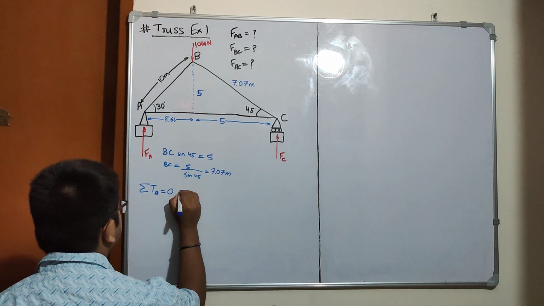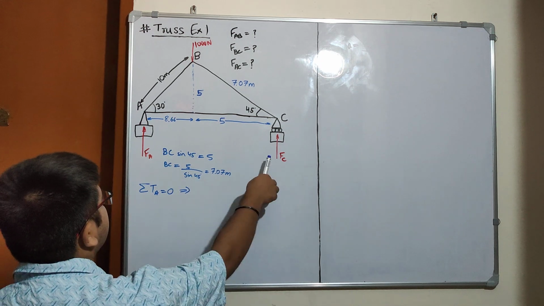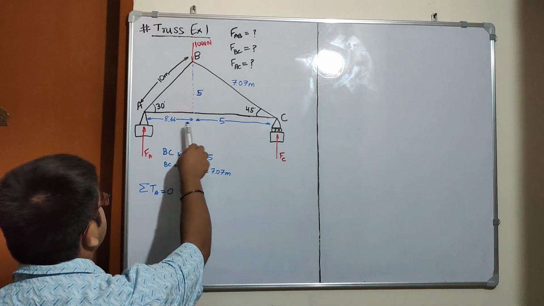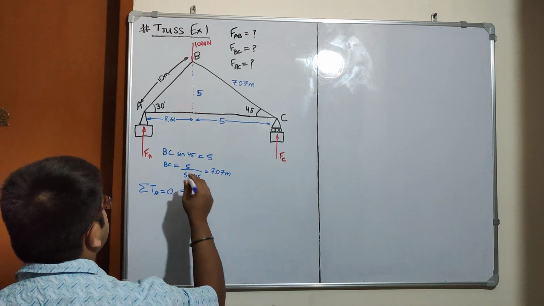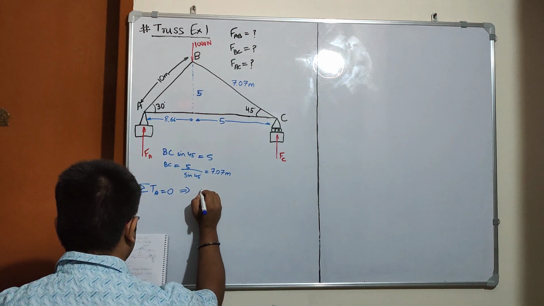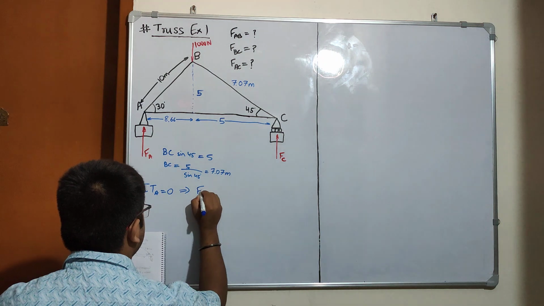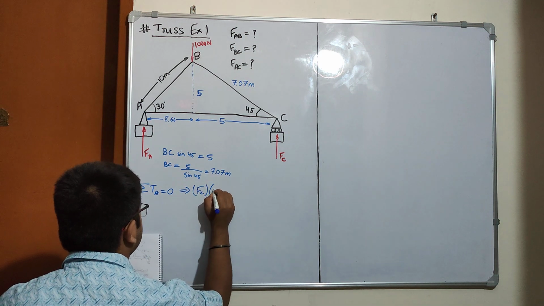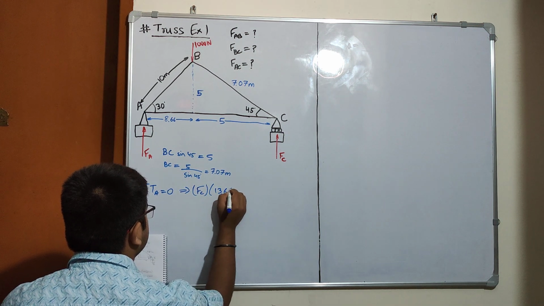If we do that, then we have FC cross 13.66,